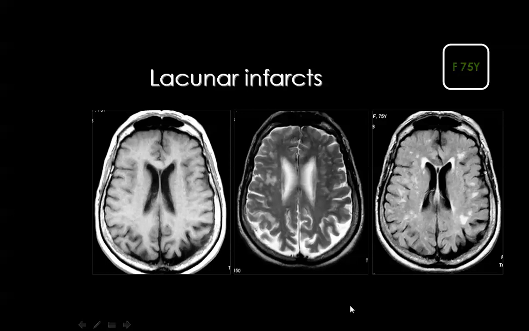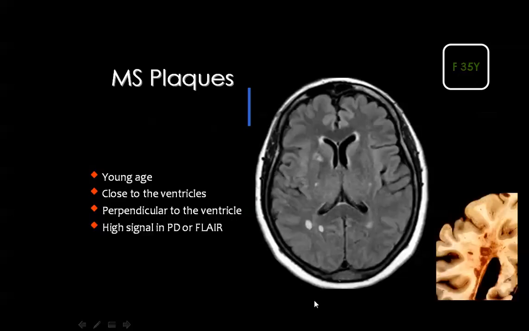And this is another example of lacunar infarctions. The infarctions are usually hardly seen in the T1 weighted image, but can be identified in the T2 weighted image and also in the FLAIR image as bright signal in the periventricular area on both sides. Then this issue will bring us to one of the famous differential diagnoses of lacunar infarctions,